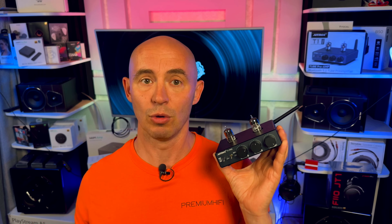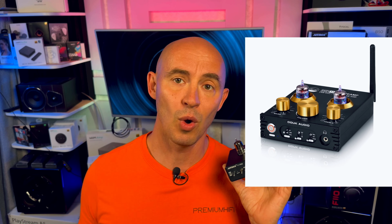Let's compare the Aiyima T1 PRO with similar preamplifiers in the price range from $40 to approximately $100. The Dog Audio P1, priced around $40, also supports Bluetooth, but version 5.0, and has an additional USB input for connecting to a computer. This makes it more versatile in terms of connectivity. It also has a headphone output, which can be useful for those who frequently use headphones. However, if the support of the latest Bluetooth codec is important to you, the Aiyima T1 PRO will be the best